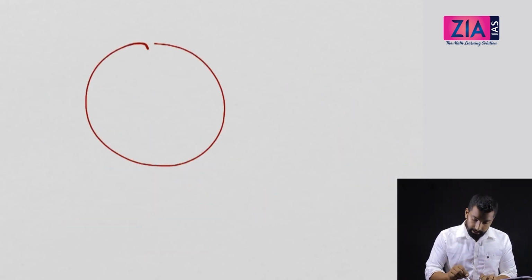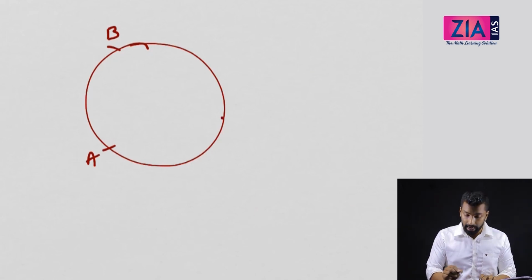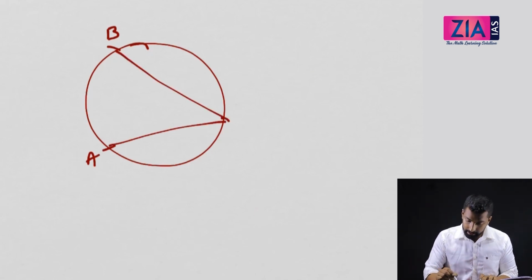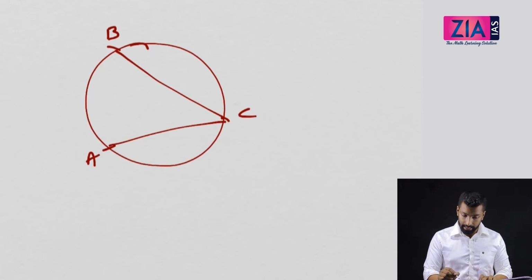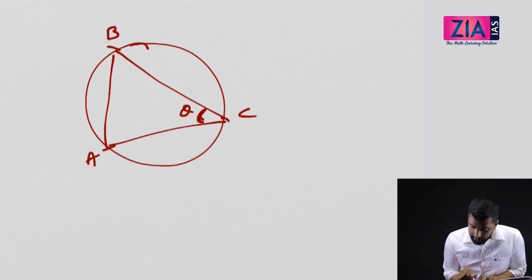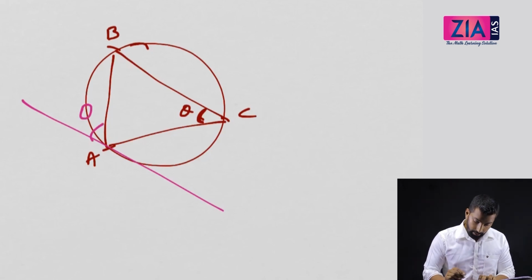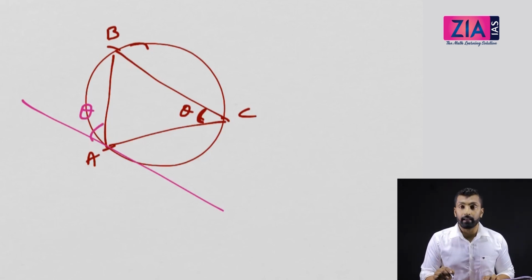Now another property is, let's take the same situation, AB, the minor arc again. Now let's take another angle inscribed in the arc, let's take this C. There's an angle inscribed in the arc, let's mark it as theta. So this angle is theta. Now if you draw a tangent touching this point, this angle will be theta, and this is what we call the tangent secant theorem, or secant tangent theorem.